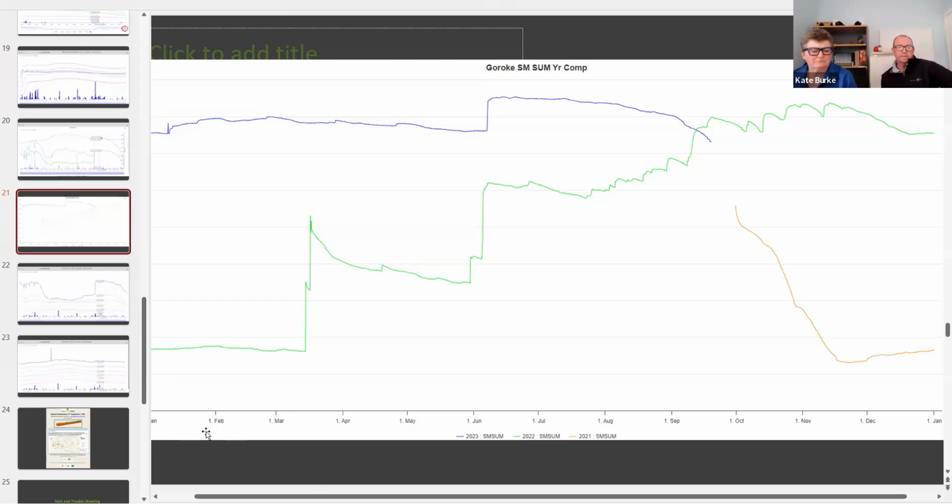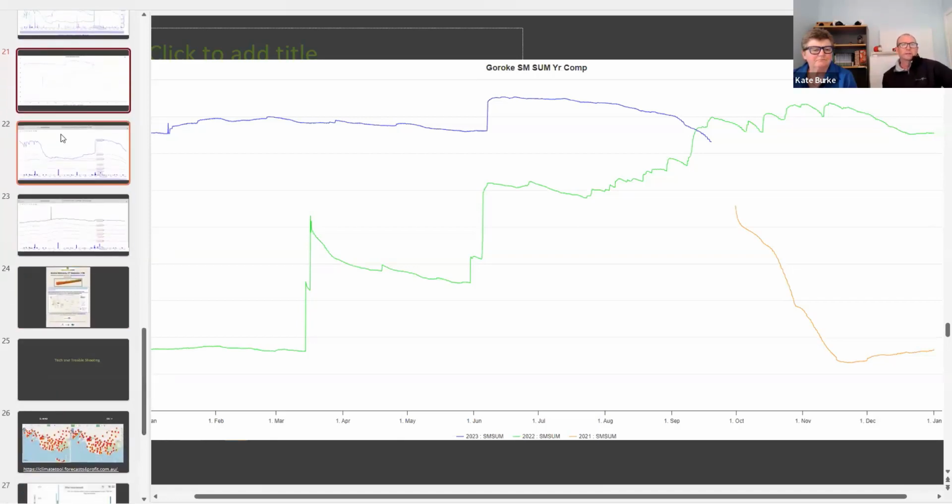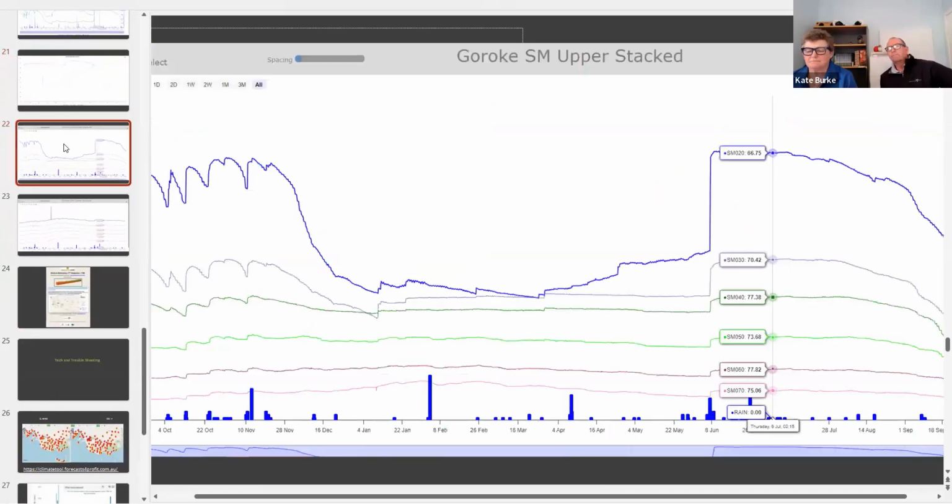with the stacked. I think if we click on that one, it's pretty evident that 20, 30, 40, 20, 30, 40, and a little bit at 50 is starting to have the drawdown, and still all that deep moisture from below that is still in place. And I think we can just